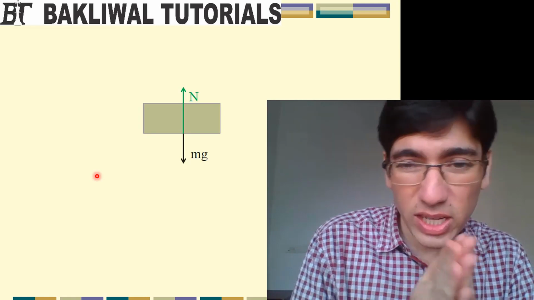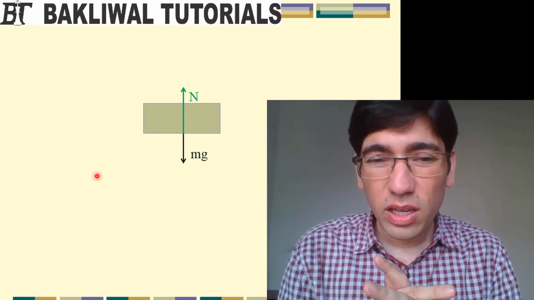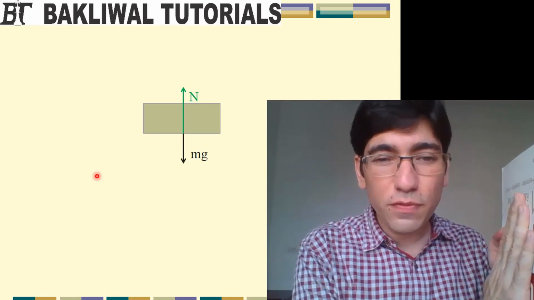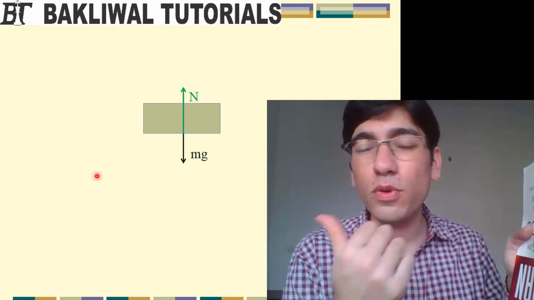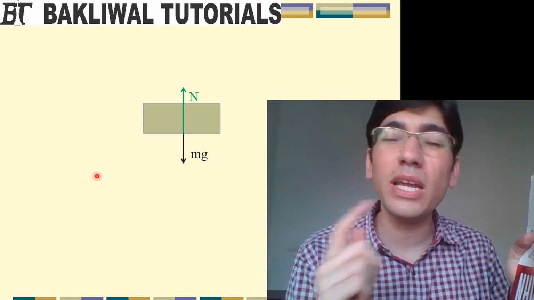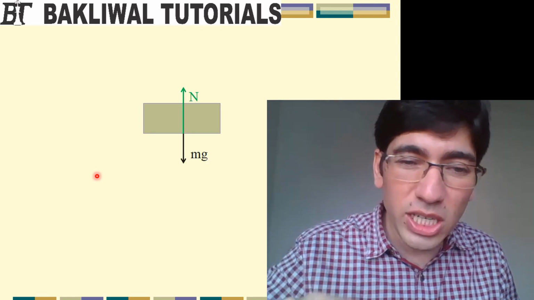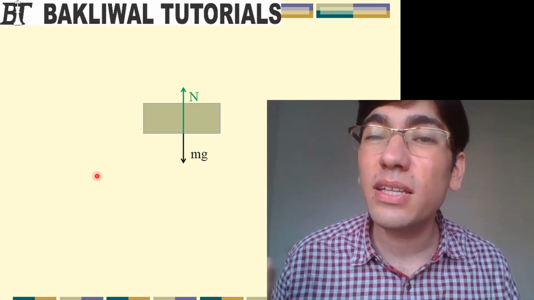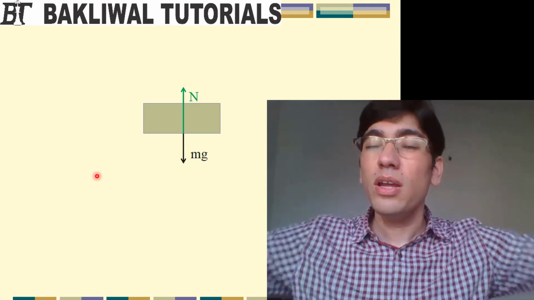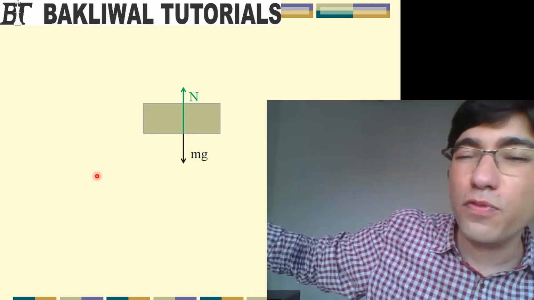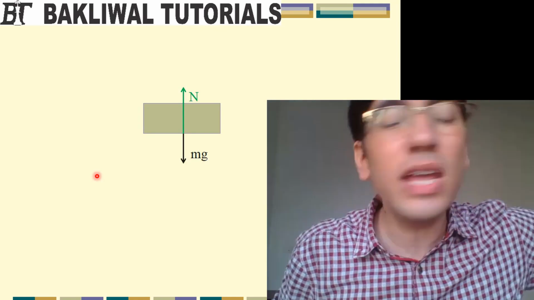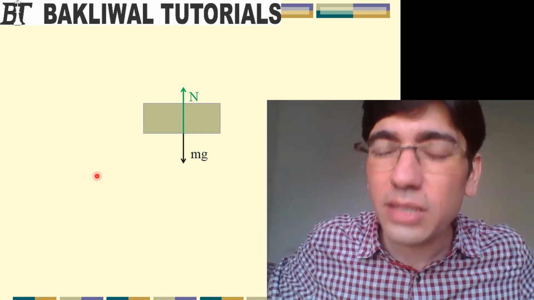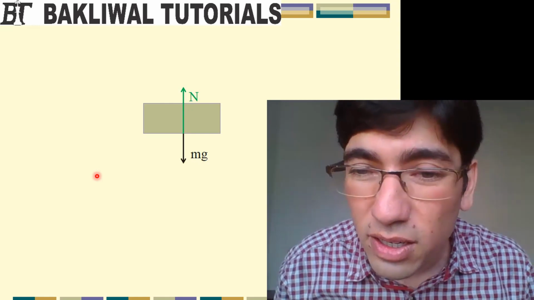You did not understand. See, as I had explained earlier also, if A applies a force F on B, B applies a force F on A. The two forces form an action reaction pair. Here mg and normal may be equal and opposite, but that does not mean that they are an action reaction pair. Come on, I can push a wall here by a force F, and my friend can push a wall there by a force F in the opposite direction. The two forces may be equal and opposite, but that does not make them an action reaction pair.